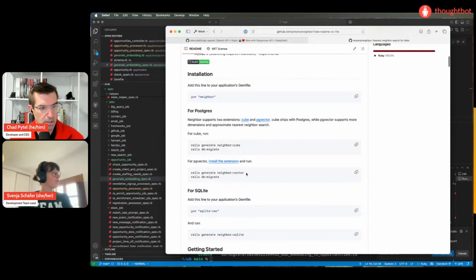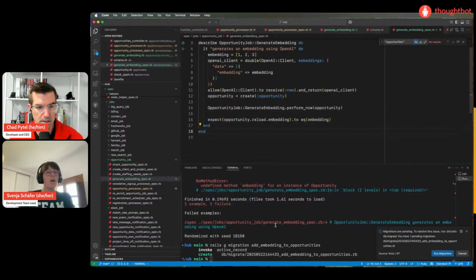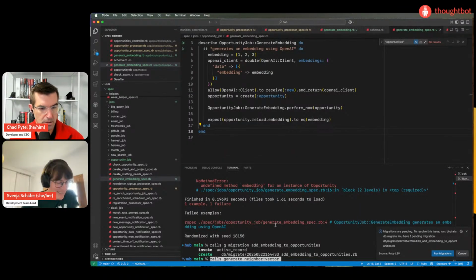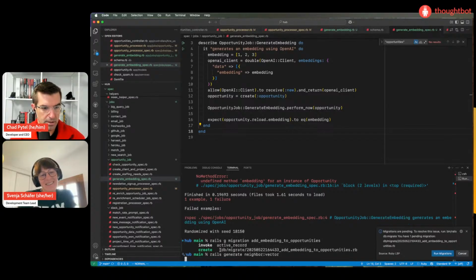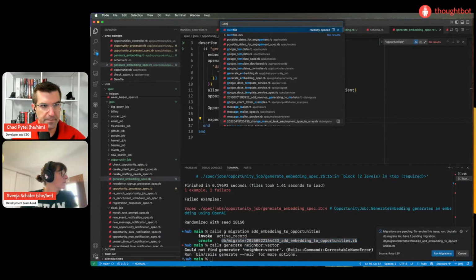So actually we need to run this Rails generate neighbor vector. All right, because it's on a different one. Yes. Oh, I didn't install the gem. So let's do that.